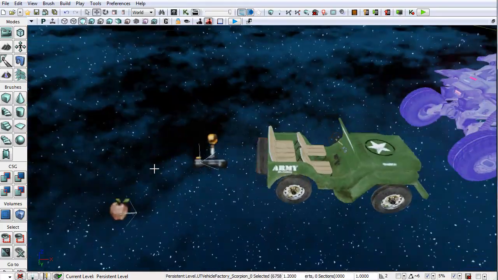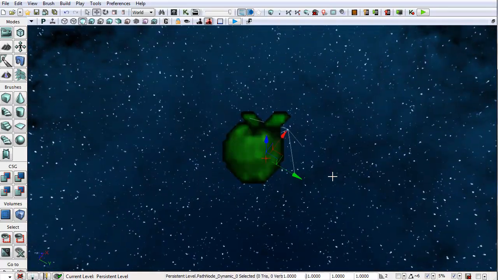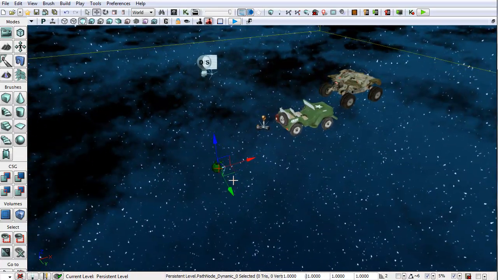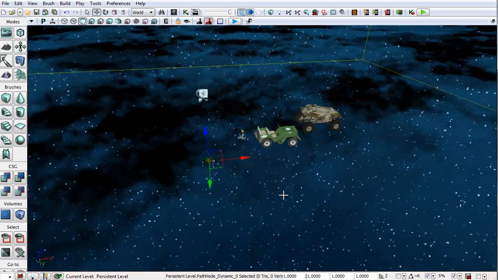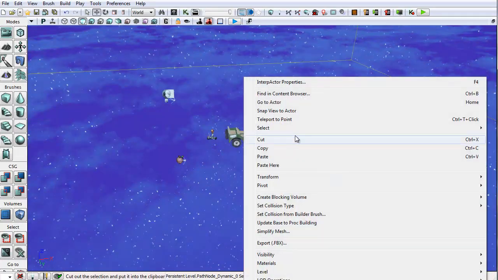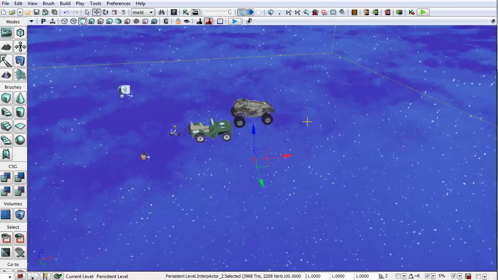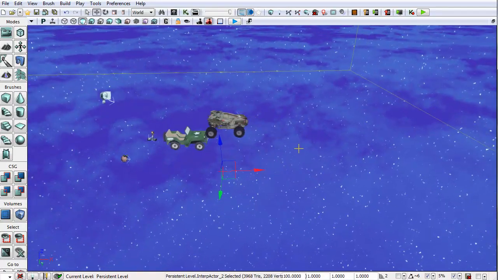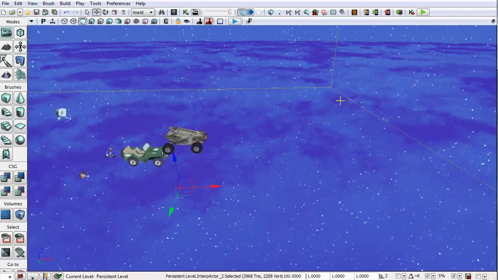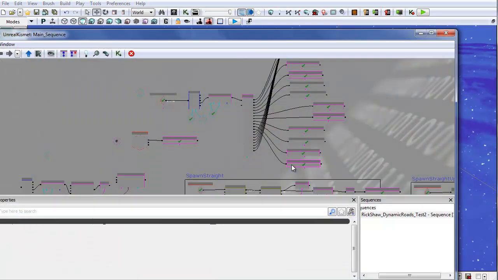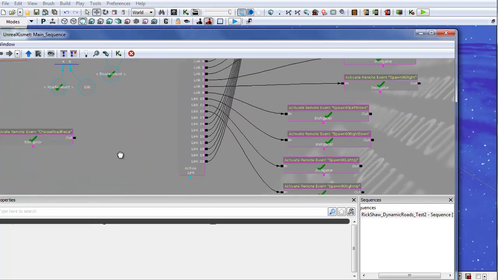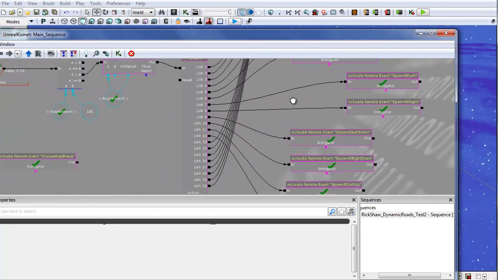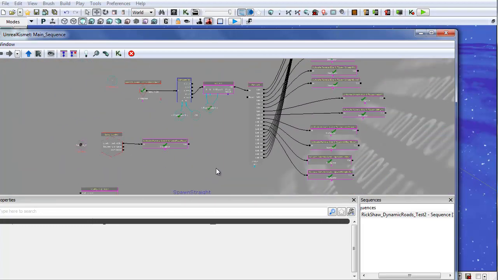I wouldn't necessarily want to generate new path nodes, but just this one path node. If there was a way to see this path node, you would see that every time a piece gets placed, the path node would shift to that bone, and then the next piece spawns on it, and then it shifts to that bone, and the next piece spawns on it. So anyways, that's dynamic roads. And again, this doesn't even have to be roads. This could very easily be